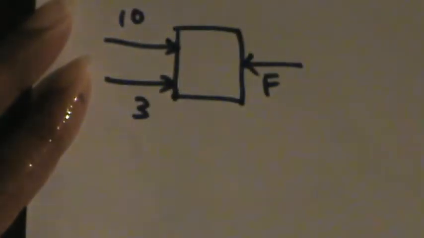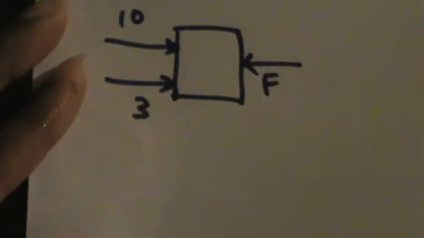So what actually happens, if you take a simple example, is that if you have an object like this, if you have force 10 here, a force 3 here, and a force F here, right? 10 here, 3 here and F here, so the resultant should be 0, so F is equal to 10 plus 3, which is equal to 13. So if you put that like this, 10 here, 3 here, and 13 here, so the total force in this direction will be 13, right?